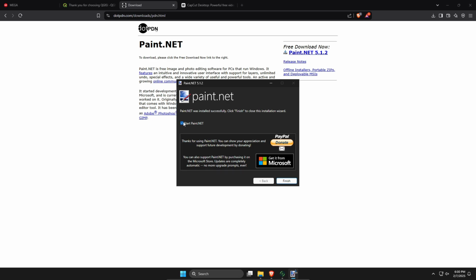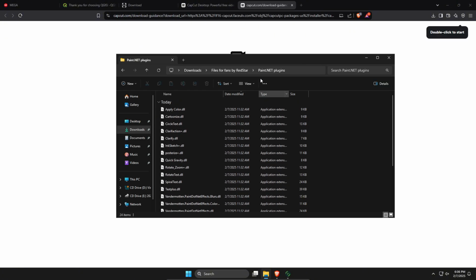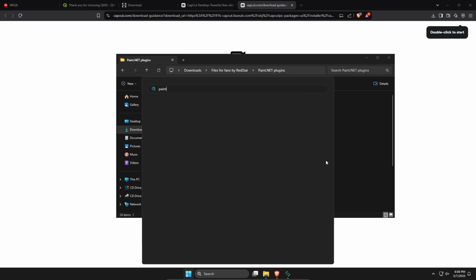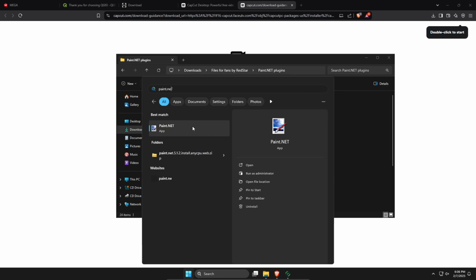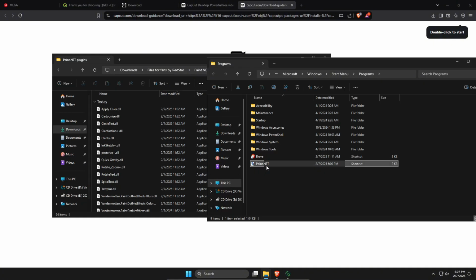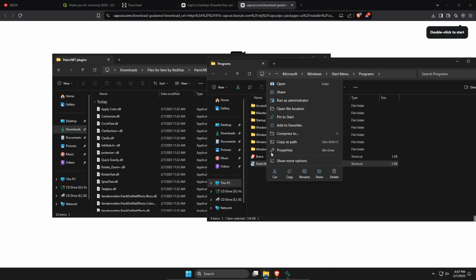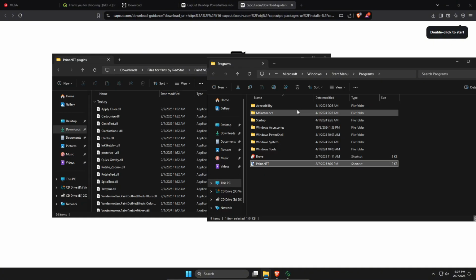Okay, and uncheck this box. We don't need to do that now. And click on finish. Now let's install these paint.net plugins. So search for paint.net, open file location, right click, open file location once again,